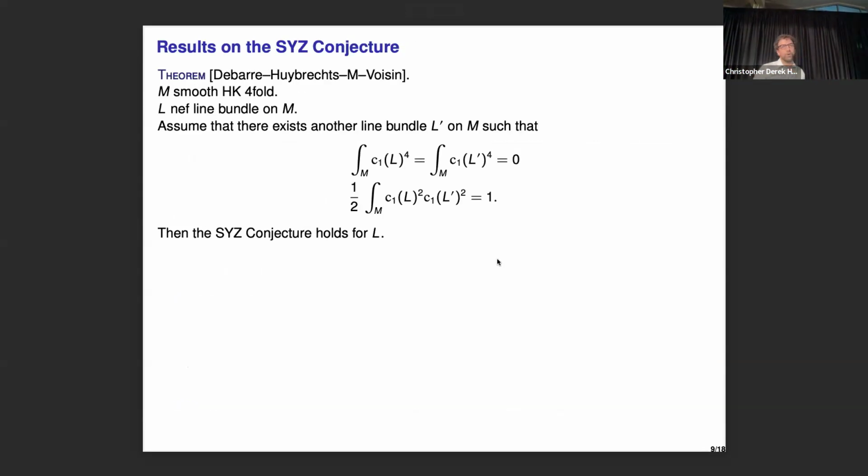Let me say one more example about this SYZ conjecture. So the point is that, okay, let's prove it at least in one example. And that is very hard, as you can imagine. And so we did prove with Olivier Debarre, Daniel Huybrechts, and Claire Voisin, at least in one example. And so the example is the case of fourfolds. So what is the idea here? The idea is that, well, okay, I want to prove that there is something semi-ample.